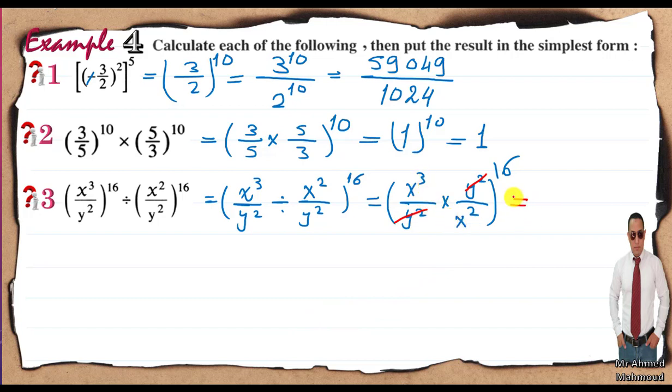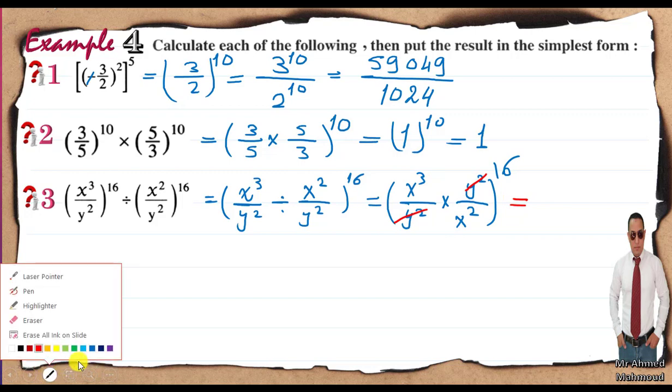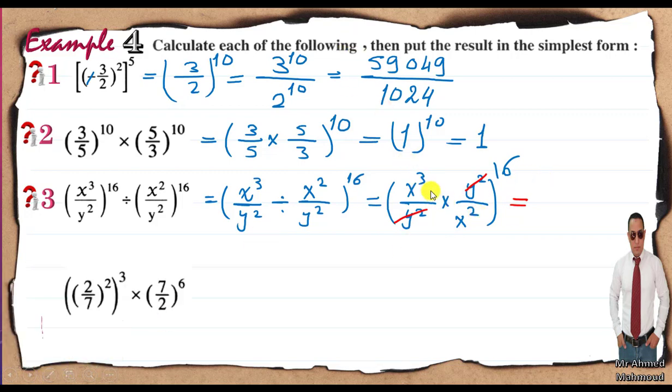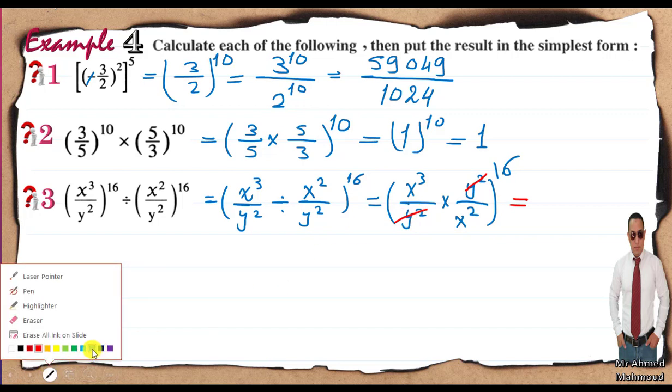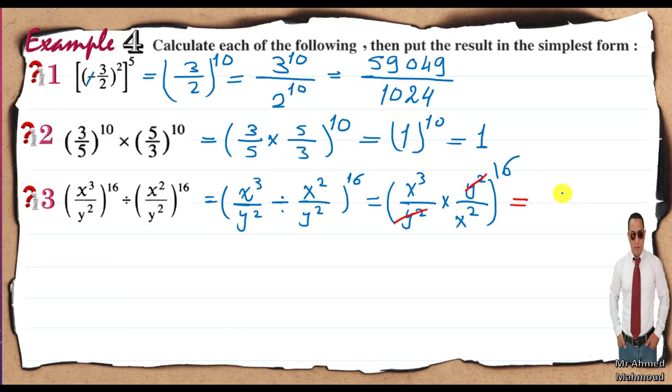So x power of 3 over x power of 2 equals x, all power of 16, and this is the simplest form. It is x power of 16. Okay, now